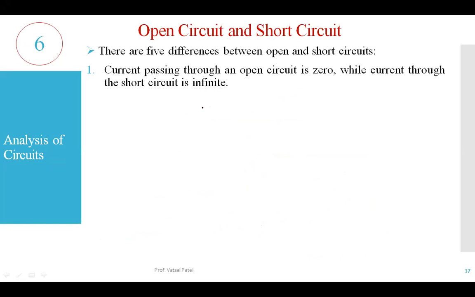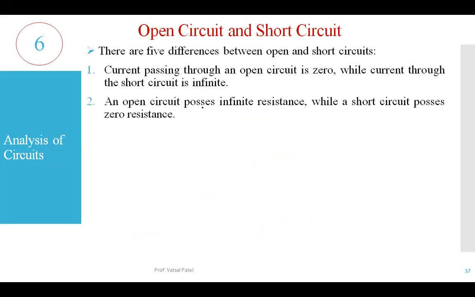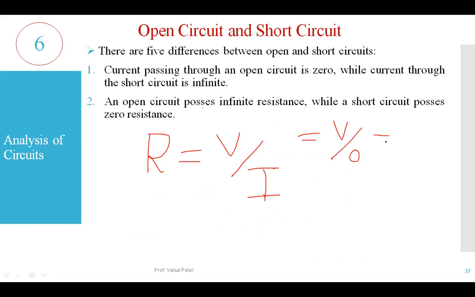Now, the second case over here, when you have the open circuit, that will possess infinite resistance, and you can identify that by using Ohm's law also. R is equal to V by I. So in the open circuit case, can we say that I is equal to 0? So this is what? Can we say it is infinite? Because in the first point we derived that for the open circuit, the current is equal to 0. Right? So the resistance in the open circuit will be the infinite resistance.